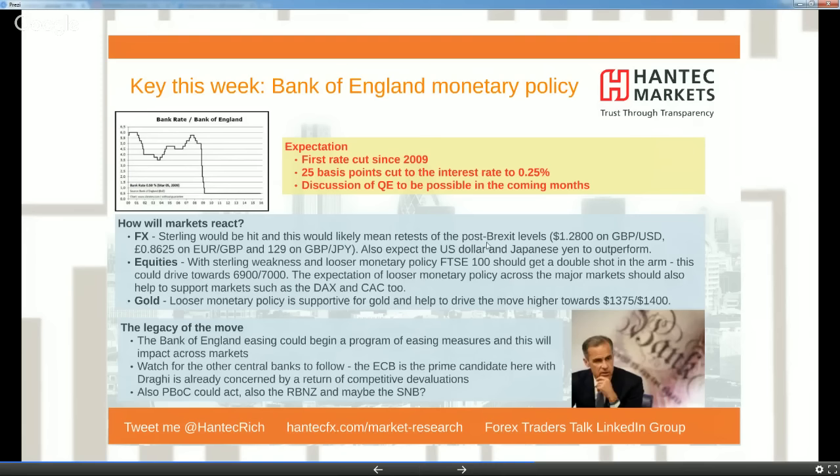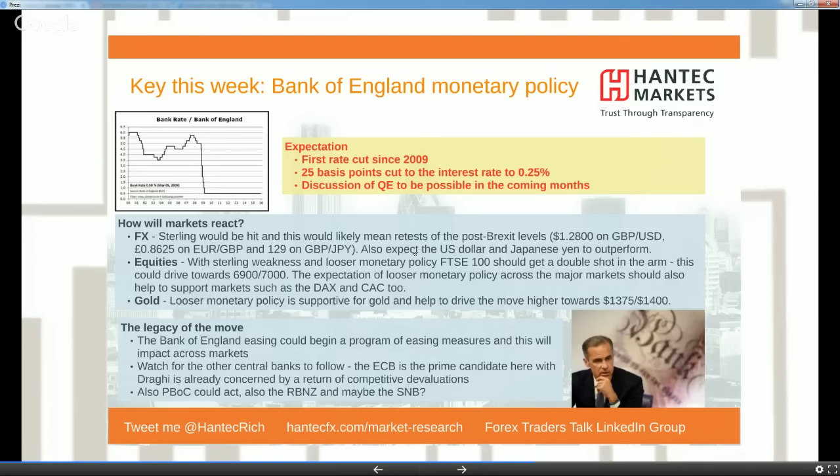Post-Brexit, in the immediate aftermath of Brexit, 127.96, I think that would be tested. 86.25, the high on euro sterling, I think that would be tested. And again, I reiterate, 129 on sterling yen, I think would also be seen. Generally, across the forex majors, you're likely to also see the dollar and the yen outperforming